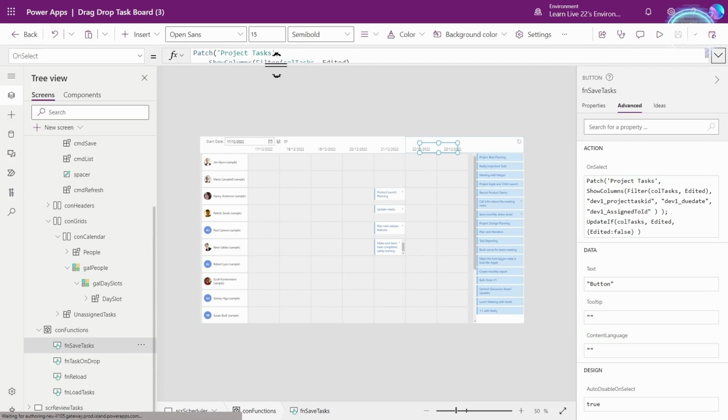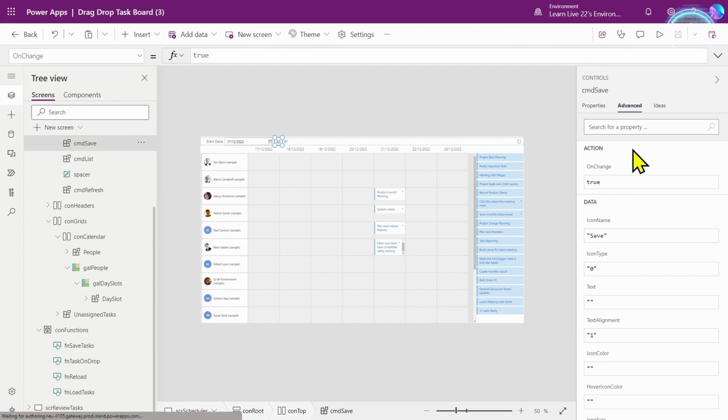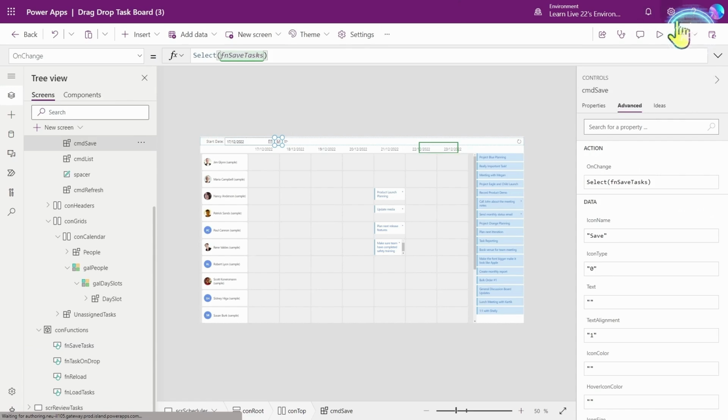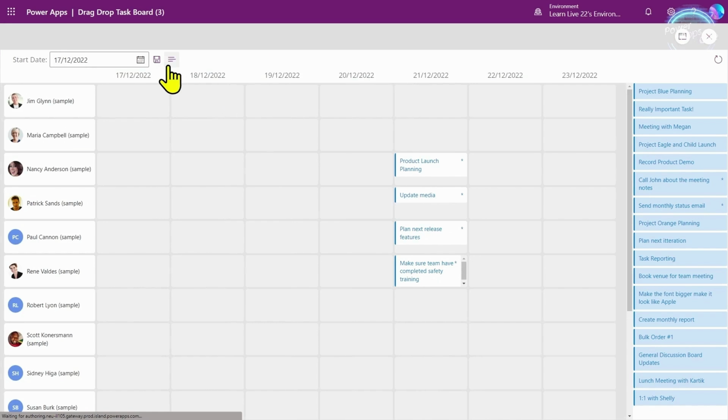So if we take that save task, we will, in our little save button there, on select, say function save tasks. There it is. Let's have a look at what that does. So we'll click save tasks. So you get the little ants marching across the top, which means it's now connecting to Dataverse.